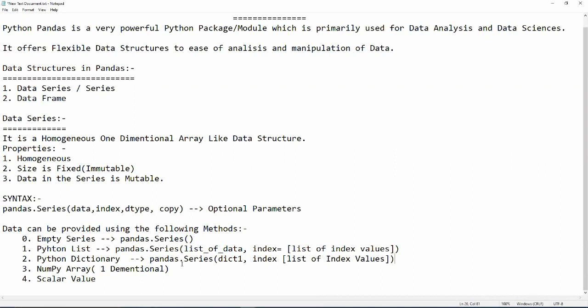Okay, for a NumPy array, one dimensional, our series was pandas.Series of a numpy.array of a list, and then we could provide the index values.